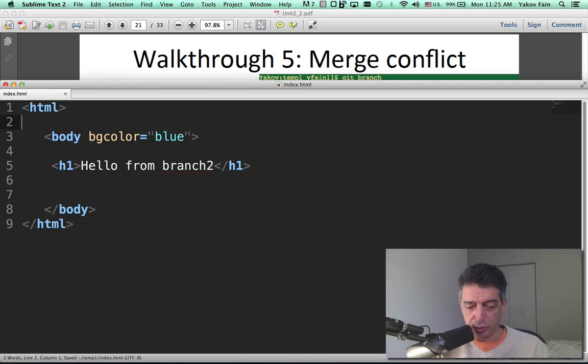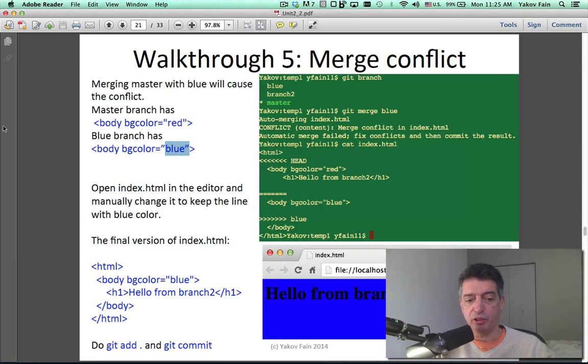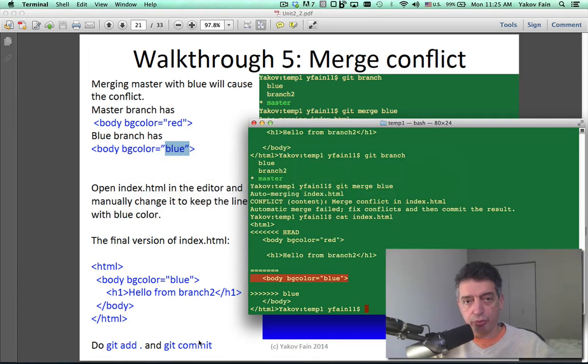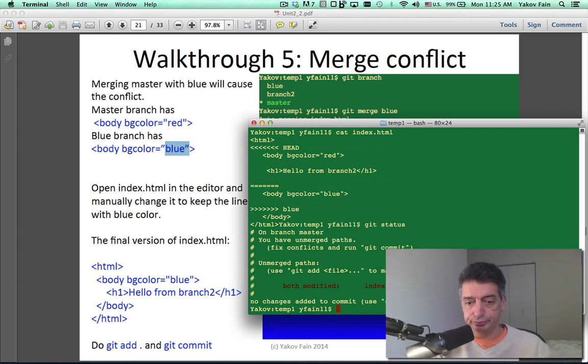Now I did manual merge, right? I did manual merge. So what I need to do to finish the whole thing, I need to do git add and git commit. As of now, we have unsaved changes which were merged manually. Again, git status. Both modified, right? Okay. And it changed the files. So git add,